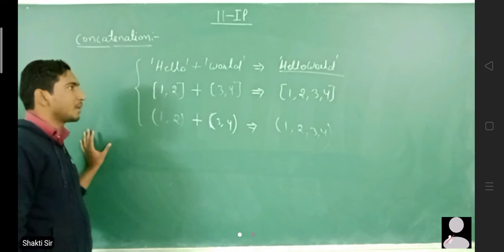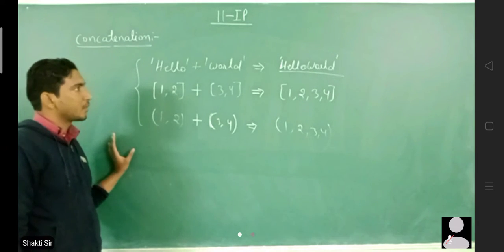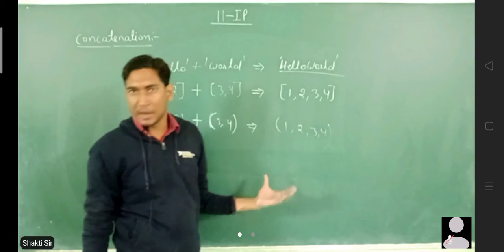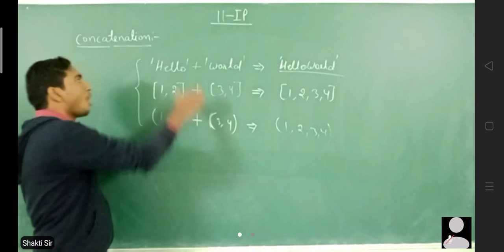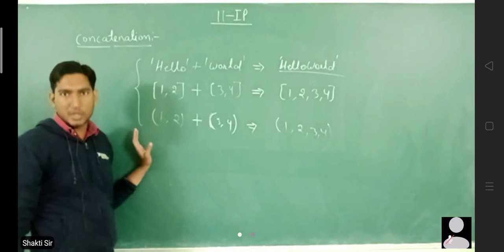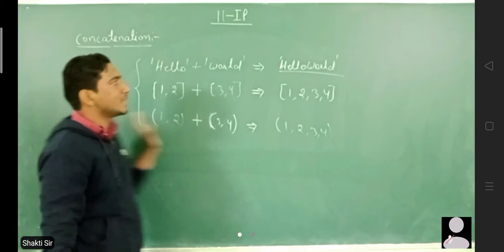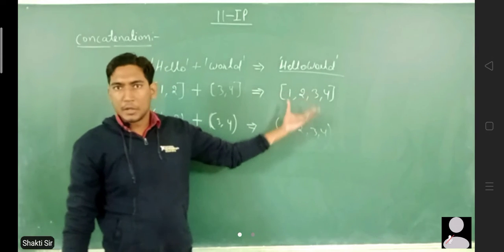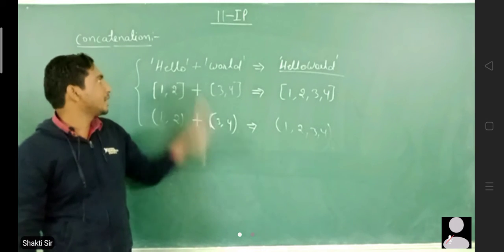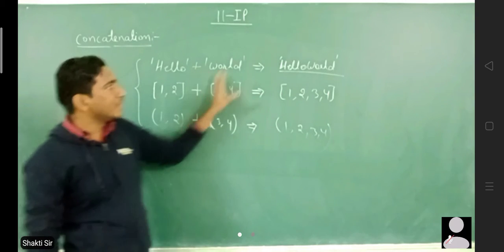So this is how a plus operator works. The important point to note here is that all the three outputs are stored in a different variable. No original variable or original operand is changed. A new variable is created and a new place is created. It is not the case that hello will now change and become hello world. These two will remain separate, and the new one will be created separately.